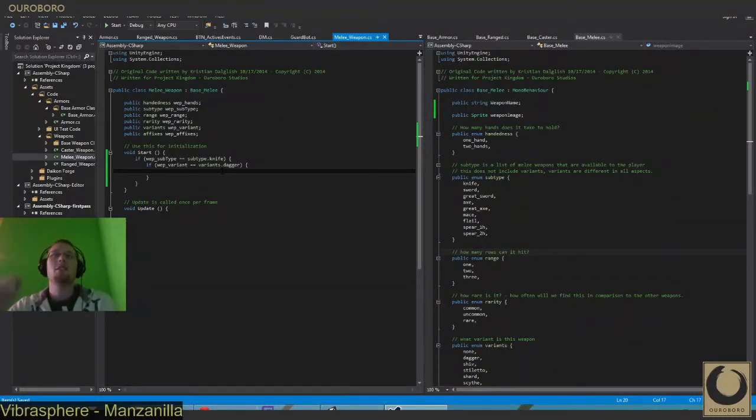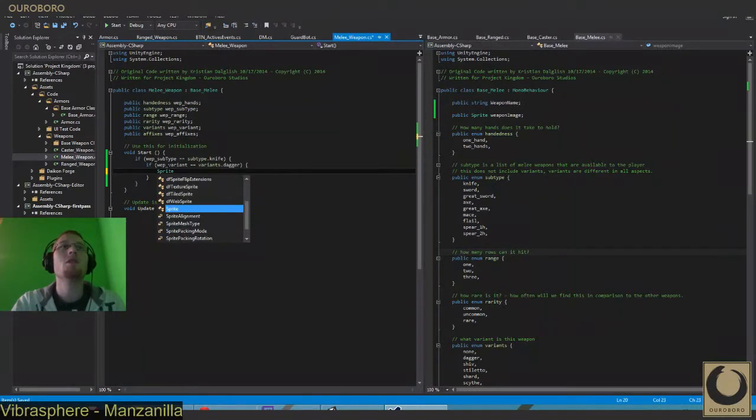tell it what image we want to use. So because we have a weapon image right on our base melee class, we can use that immediately. So what we're going to do is an instantiate, as a game object, basically. So it's going to be a game object, and we're going to call this weapon display, which we could probably change. Let's do weapon